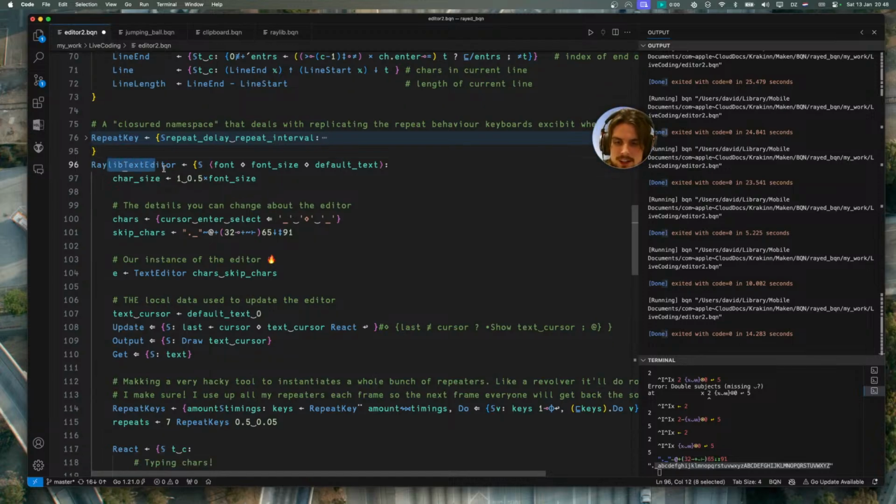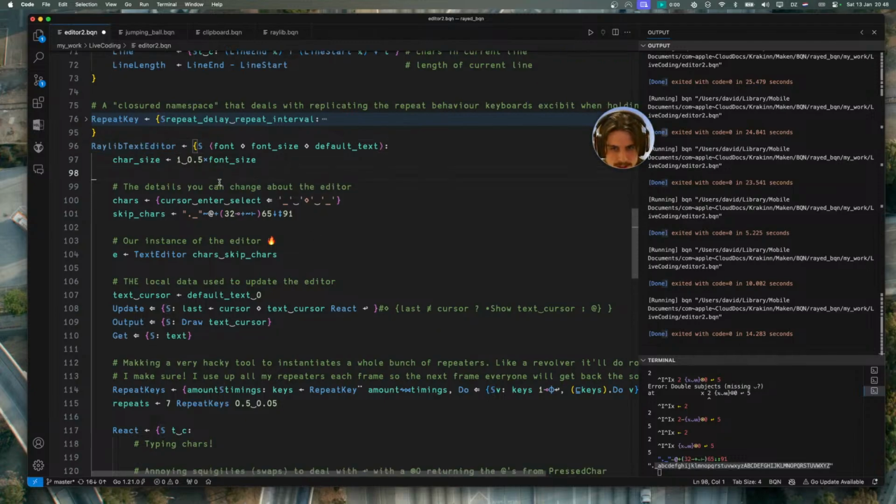And then you've got the RaylibTextEditor, and that's the implementation of the text editor. So this you give all the messages like the font size, and the default text, which you can just give it anything the context needs to implement the thing. These are the variables you're going to give the text editor. So characters, these are the characters you're going to use. This is for the cursor. This is for